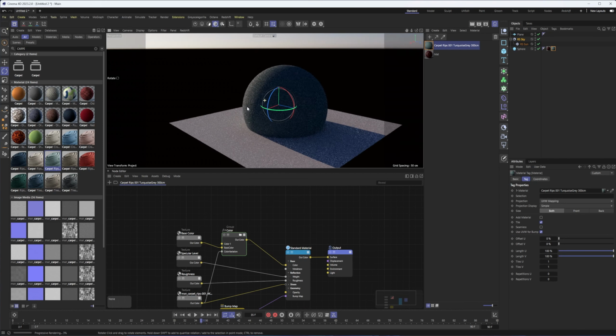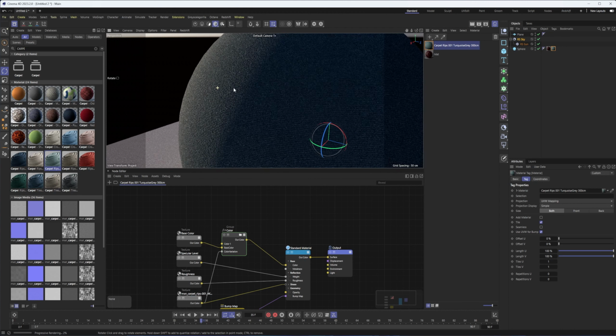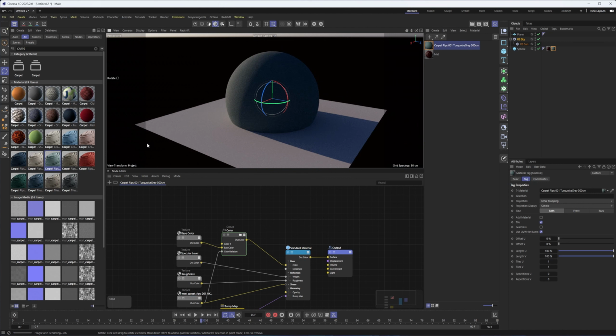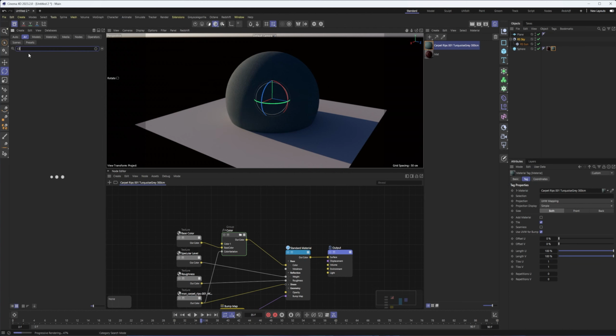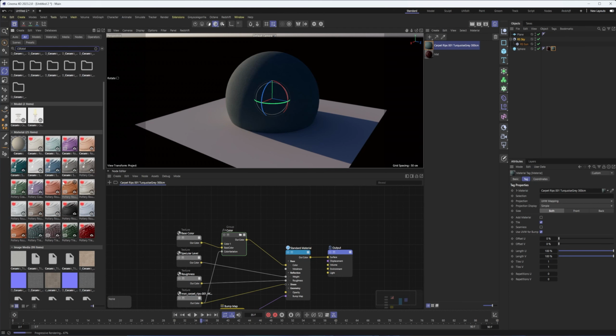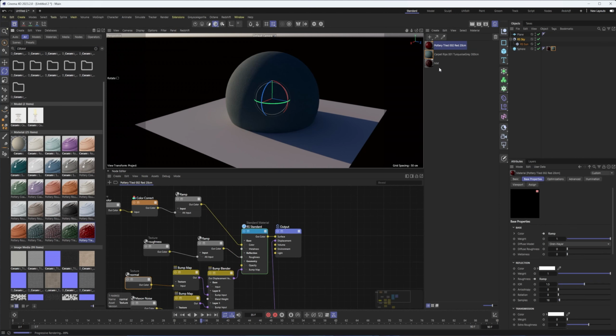Not that this is the best example of carpet, but all right, that looks pretty good. Definitely something for a little bit further away, though. That could also just be the resolution I'm working at here. Who knows? And then there were some ceramic materials as well. So if you search ceramic, you will see them there as well.